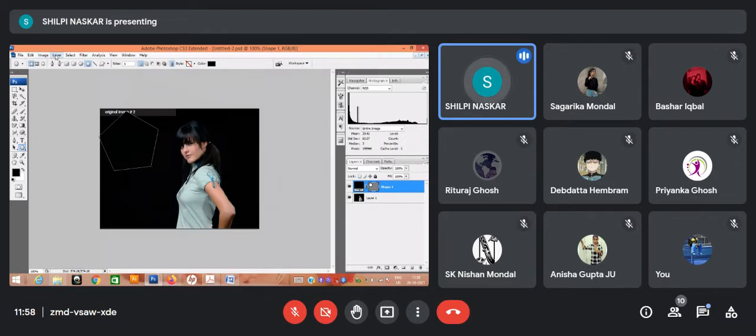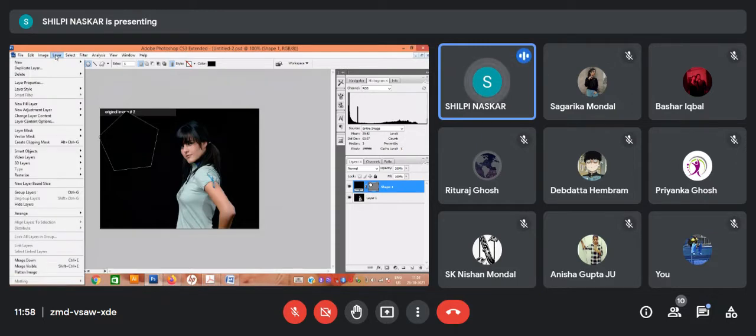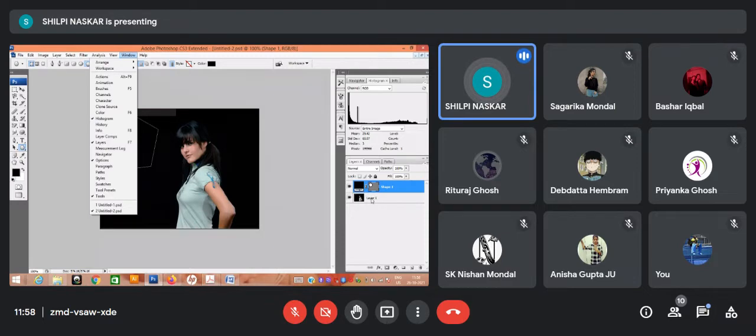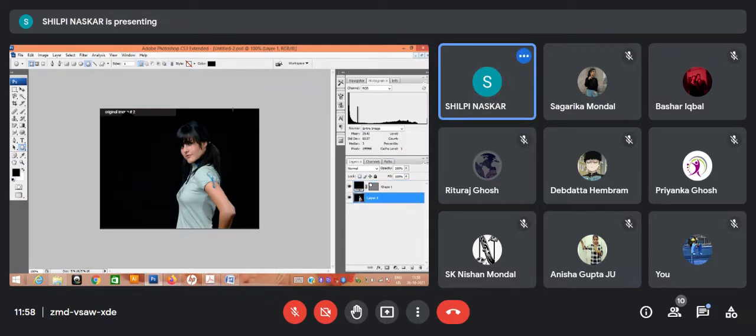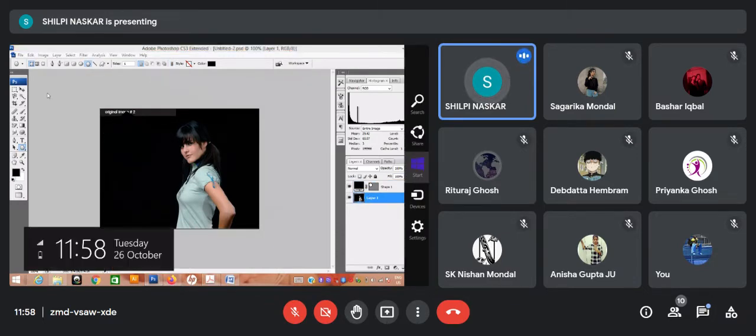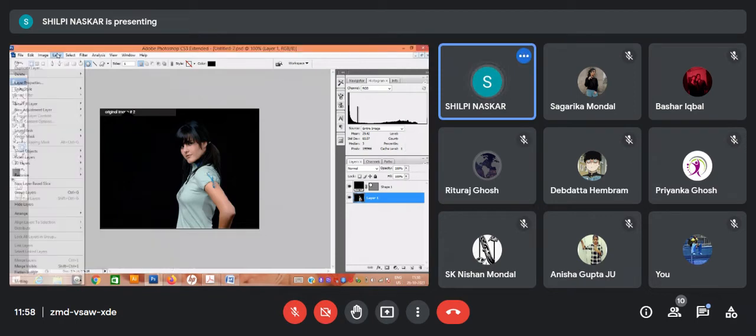Then go to the main layer. Okay, so then you have to definitely go to the main layer. Always select the main layer before applying any of the masking options. You have to go to the main layer, then you have to do the vector mask. Okay, then you have to go for the